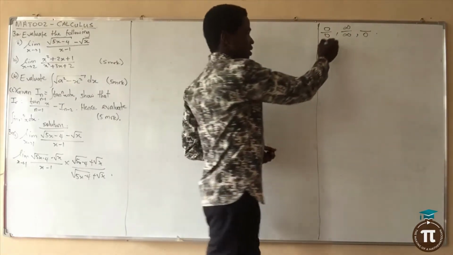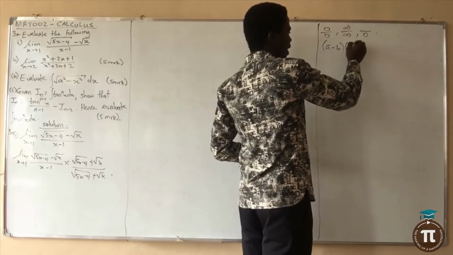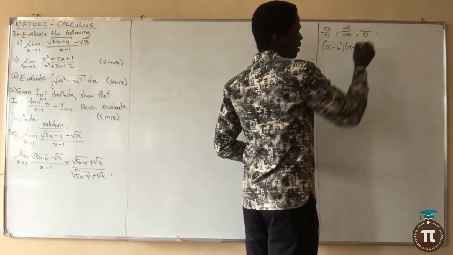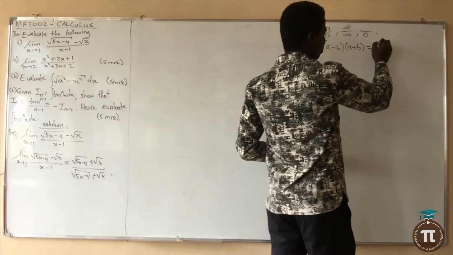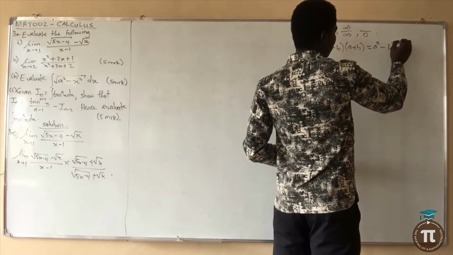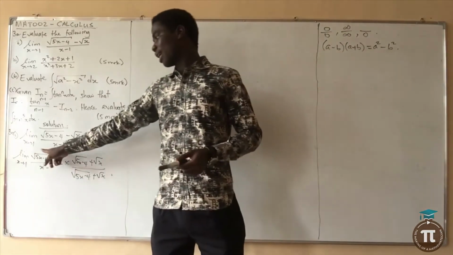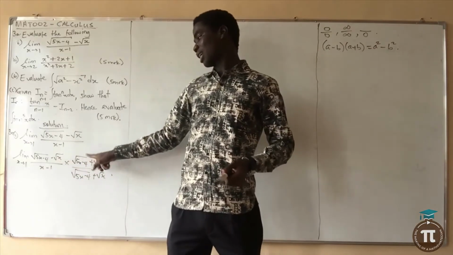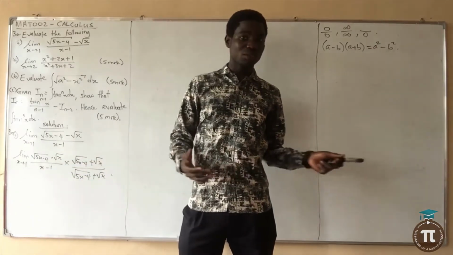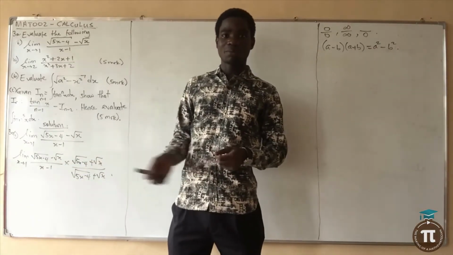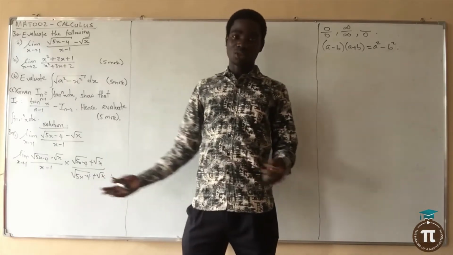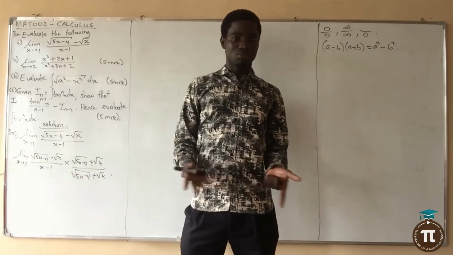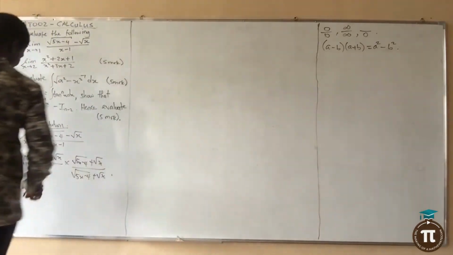What is the difference of two squares saying? When you have a minus b multiplying a plus b, by the difference of two squares, it will become a squared minus b squared. So a minus b is multiplying a plus b. I'm going to be using the difference of two squares to simplify the numerator, while the denominator I'll just multiply normally. So this will become limit